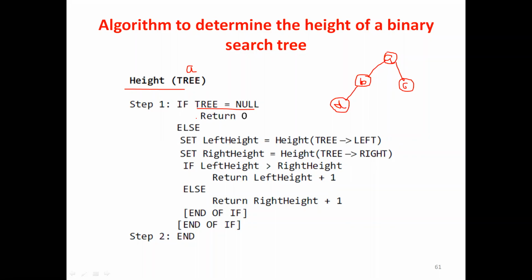No, it is not equal to null. If it is null, it returns 0. It means that there is no node at all, no node in the tree. Okay, that is fine. Consider, you number the steps. How many lines are there in the else part? 1, 2, and 3.